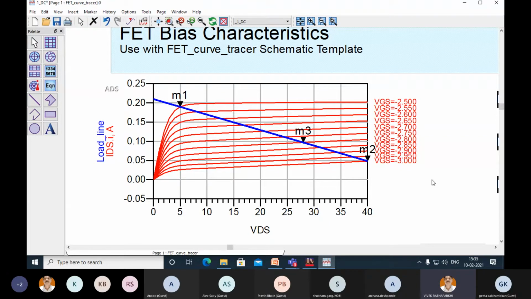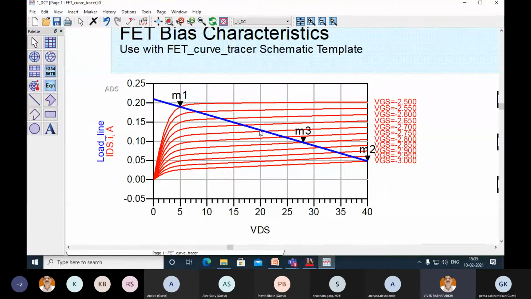So class A, we all know that it has very low efficiency. So that is why class A is not preferred. Even class B is also not so good in that sense for microwave amplifications. And if you have the application of, let us say, you are not worried a lot about the linearity performance of your power amplifier, maybe the case of space applications, then class AB is the most suitable choice. So as you can see, I have tried to make this particular amplifier design in class AB.